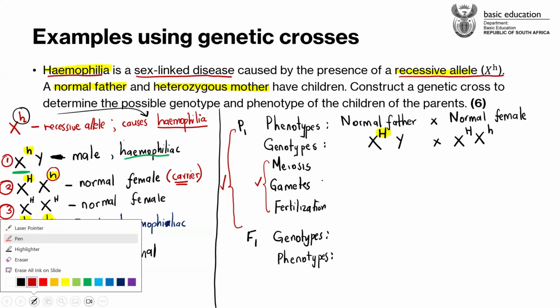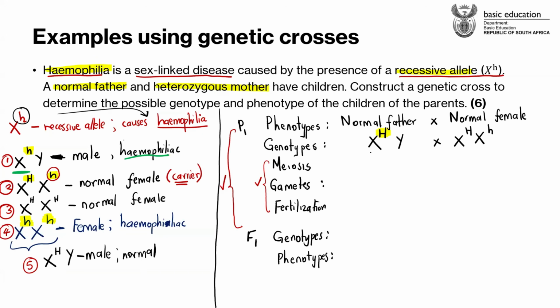You know, guys, whenever we're doing gametes, we just separate these two alleles, these two chromosomes that have these two alleles. So when we separate these, we're going to get X with an H on top. You just put a comma to separate them, to show that these are now found in different gametes. And then you cross this with X with a capital letter H, comma, X with a small letter h. You simply separate this by a comma, guys, and that's it.